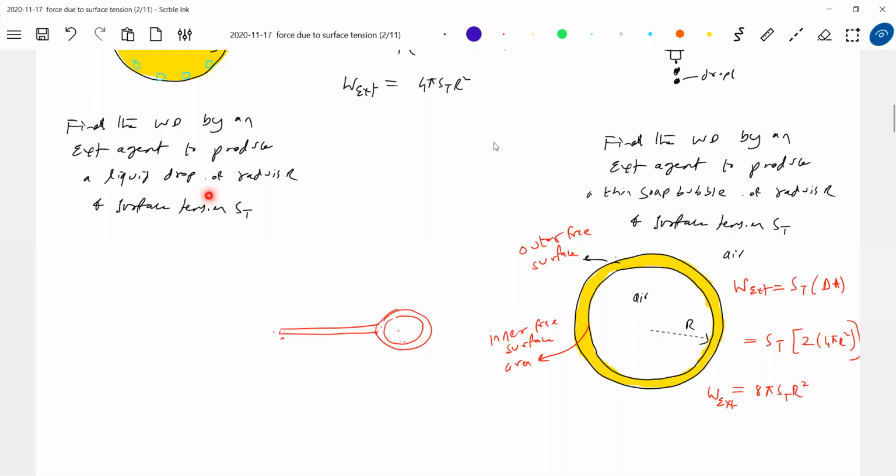Like that, to construct a drop or a bubble, we have to do work. So what is the use of this? We have many equipments where they have to spray. If you look at the paint sprayers available nowadays, how much work should the machine do to produce 100 drops per second? The work done for each drop into 100 drops, that much work the machine should do per second, that much power it should have. Like this, we construct spraying machines. Everywhere this is widely used. Please, all of you purchase a soap bubble one and try to notice.